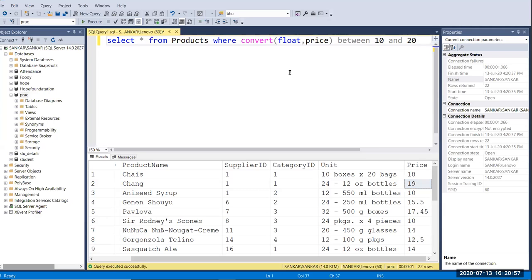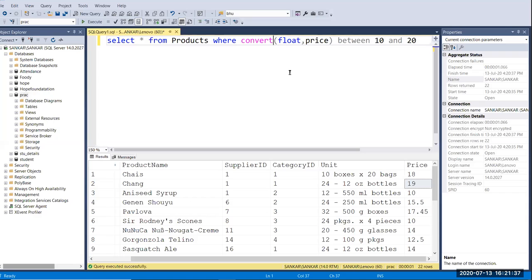If you want to convert any data type, if you wrongly created a column using nvarchar, you can easily convert it using the CONVERT function. This is the syntax of CONVERT. You have to type CONVERT, and after that put the data type you want to convert to, that is int, float, or date type, or else nvarchar.